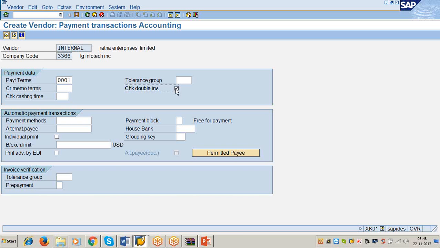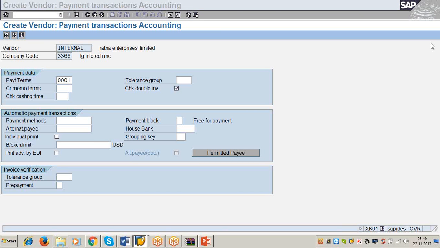By selecting this indicator, the system verifies if any invoice is posted two times, and gives the warning message